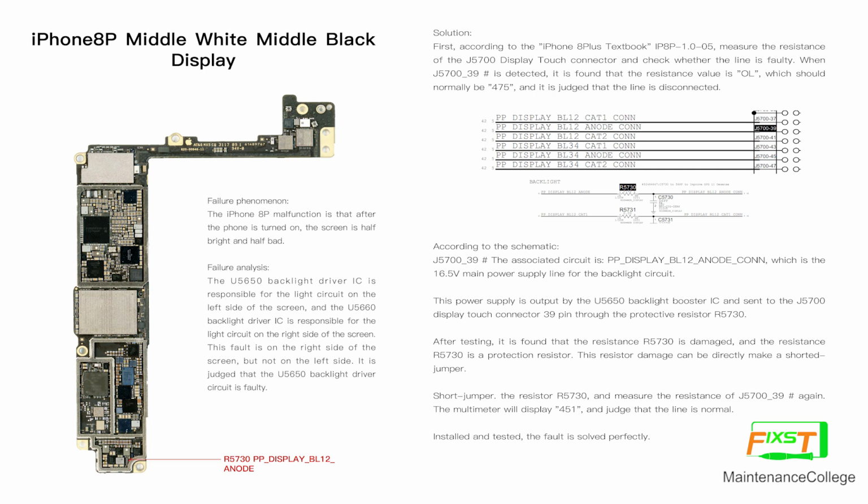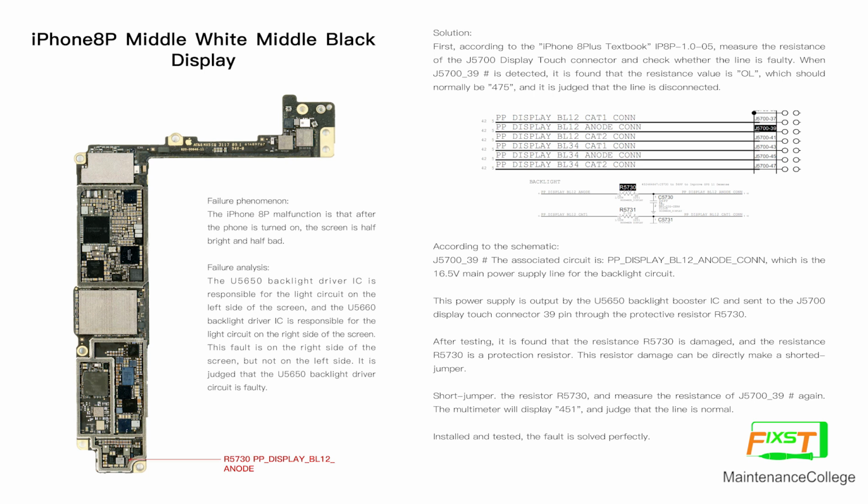And according to the schematic, we can see that on the J5700 connector, pin 39 is PP_DISPLAY_BL12, which is the 16.5 V power supply line for the backlight circuit. This power supply is output by the U5650 backlight booster IC and sent to the J5700 display touch connector pin 39 through the series resistor